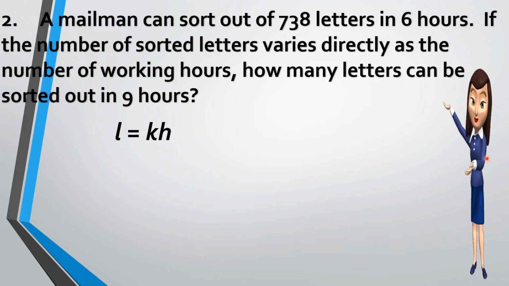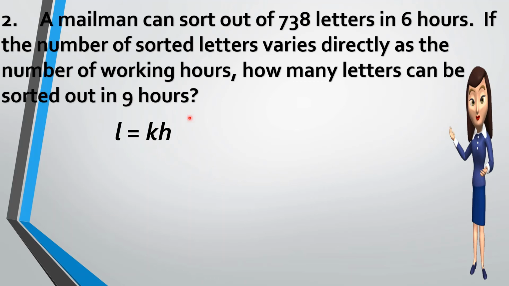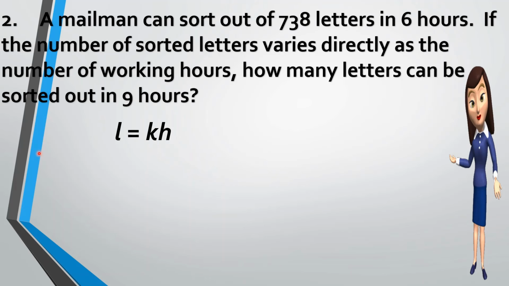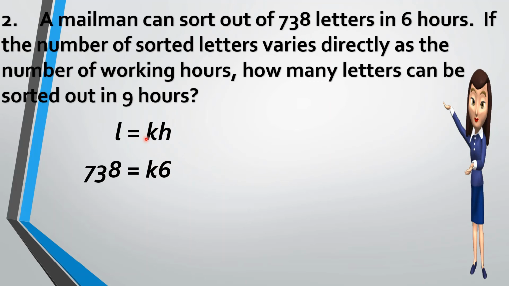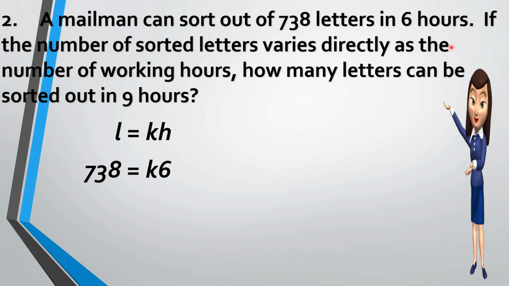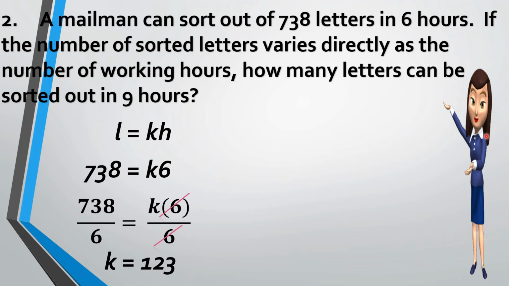First, let us have an equation. L stands for the letter. L is equal to kH. Then H stands for the hours. After that, let us get the first given. Our letters are 738, is equal to the constant, then 6 is the hours. Then let us divide this by 6. 738 divided by 6 is